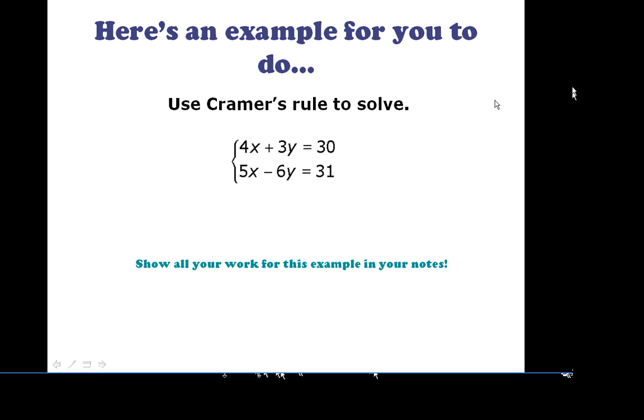So now that you've seen a couple of examples, here's one for you to do. Use Cramer's rule to solve 4x plus 3y equals 30 and 5x minus 6y equals 31. Be sure to show all of your work for this example in your notes, and I will see you on